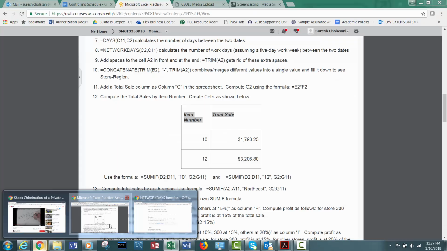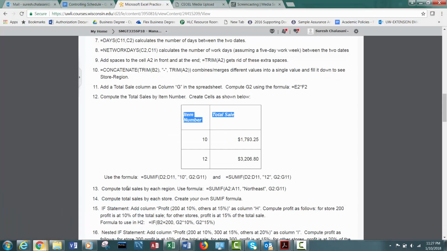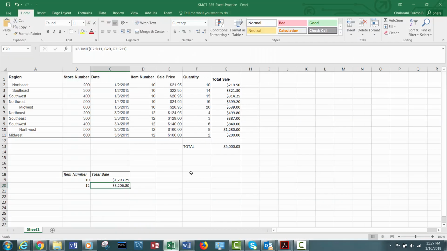Let's now move to the next step, which is to compute total sales by each region. Use the formula sum if northeast, G2 to G11, right? A2 to A11, I look them up, and then G2 to G11, I add the values in those regions. So what I'm going to do is, I'm going to put together a region and total sale by region, and I'm going to bold them, and I'm going to type in